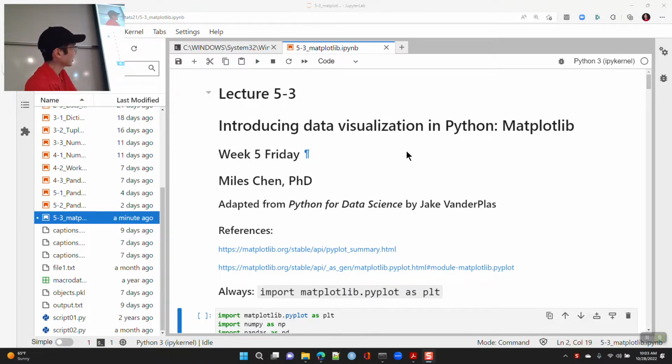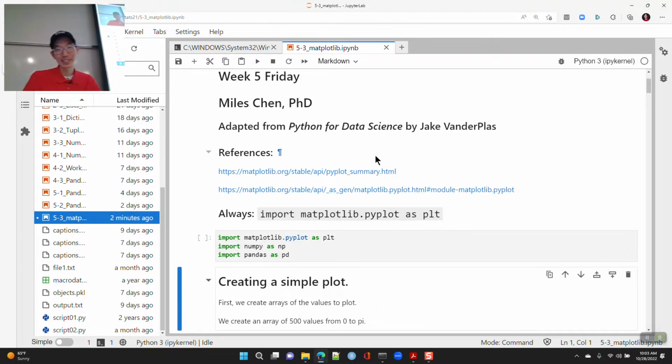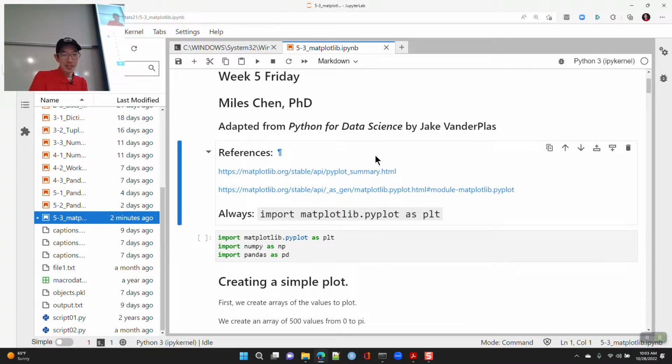Okay. Well, let's talk about visualization, data visualization in Python, and we have matplotlib. I don't know, it's the matplot library, so I'm not quite sure how it's pronounced. Here is references.